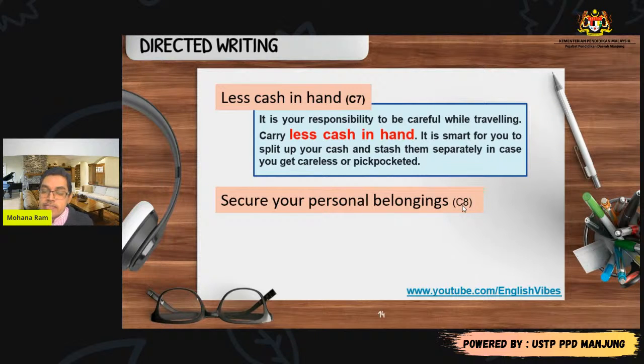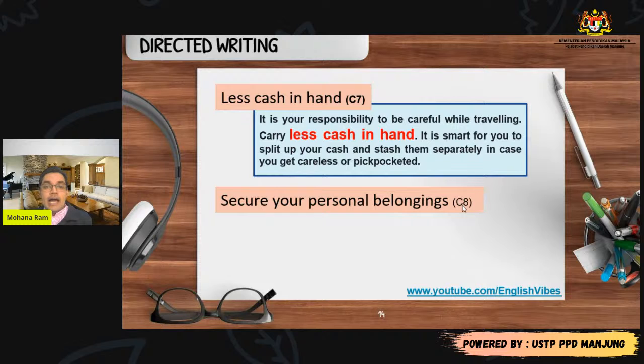So here, how many sentences have I used? Two sentences. If you look throughout my essay, for each point I've used at least two or three sentences only to elaborate my ideas. I didn't go very deep into these ideas. I know there are quite a number of smart students who can write a lot in 45 minutes, doesn't matter. But for the mediocre and weak ones, if you feel you are weak or mediocre and you don't want to make a lot of mistakes, try to limit and minimize the use of unnecessary sentences. Try to put in only two or three ideas for each content point.